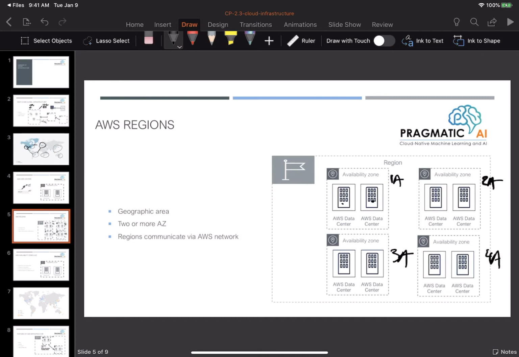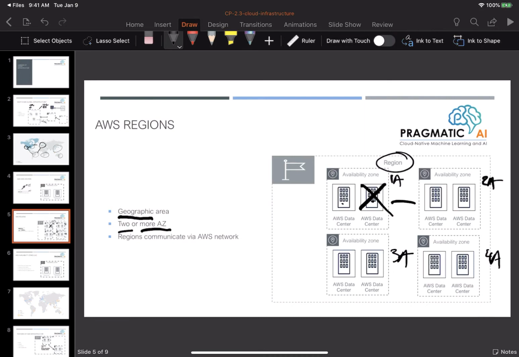And what this means is that even in the case where there's a physical outage of one of the data centers, you've got many times redundancy at the data center level, plus you also have redundancy because you have 4 different availability zones in this exact region. So there's tons of fault tolerance that's built in. But really, a region, to be clear, is a geographic area, and it really means that there's 2 or more availability zones. That's how they're designed. And you also can control the data replication across the region.